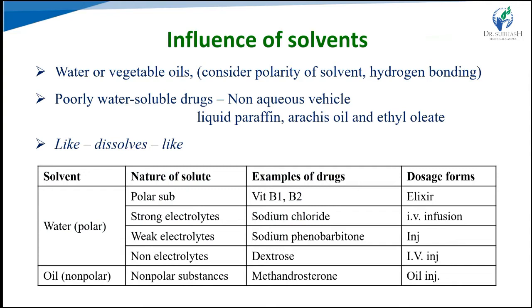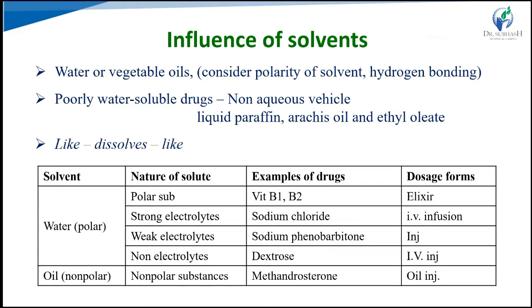So in that, generally the amorphous form of the drug is more soluble than the crystalline form. And when more than one crystal form is present, we call them polymorphs. The polymorphs also differ in their physiochemical profile: melting point, density, solubility, viscosity, like that. Mostly in polymorphs, the metastable polymorphs are more soluble than the stable form. So that is the influence of the nature of solute and the solvent.